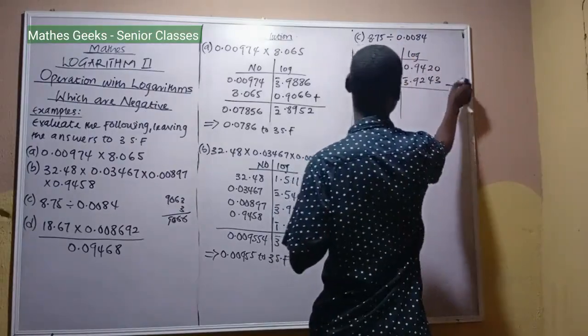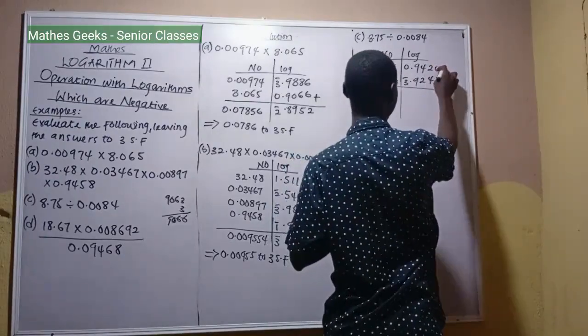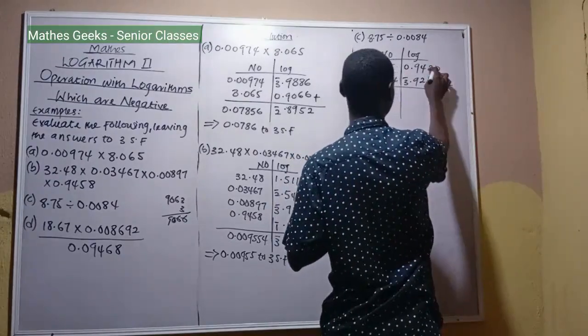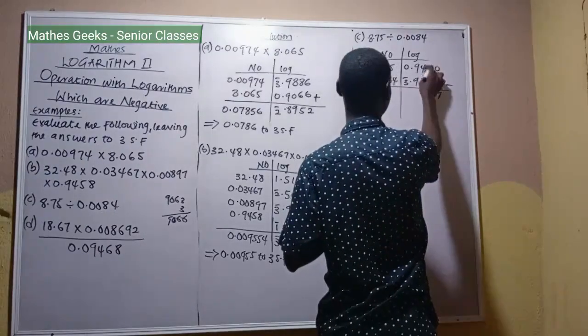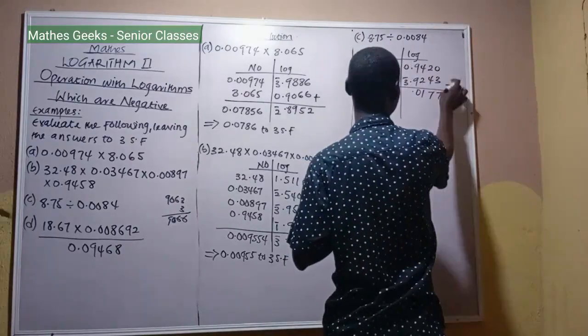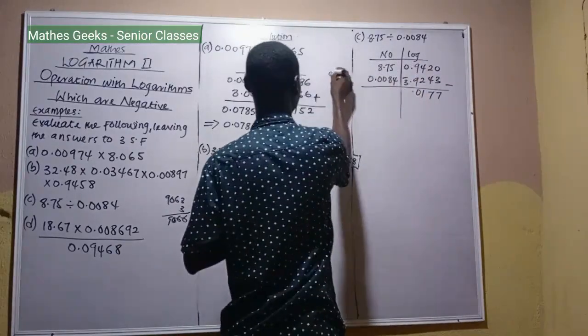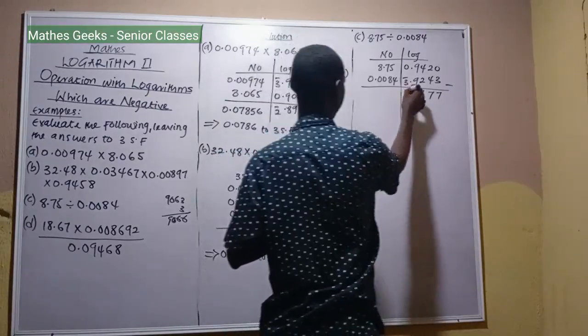Since it's division, we're going to subtract. 0 minus 3 can't, so we borrow from here, it becomes 10. 10 minus 2 is 7. Here is now 1. Borrow from here, becomes 11. 11 minus 4, 7. Here's now 2. 3 minus 2, 1. 9 minus 9 is 0. So 0 minus bar 3. Minus times minus will give us plus. That gives us